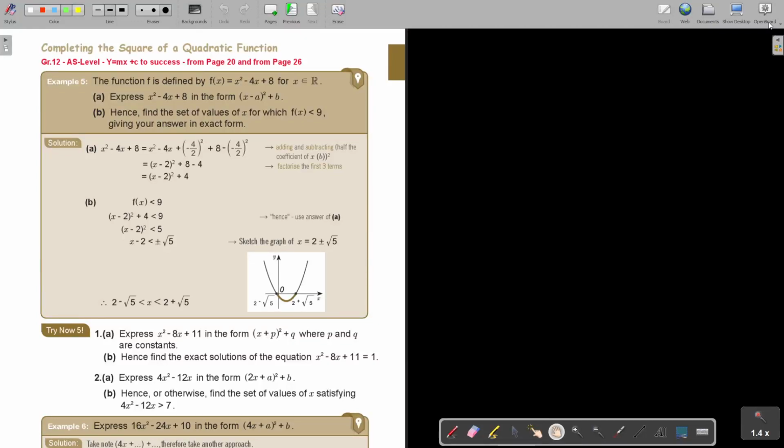AS-Level. Equations, expressions, identities, and inequalities. Exam preparation questions, part 5. In this one, we will look at completing the square of a quadratic function. You will find this from page 26 in the grade 12 AS-Level Mathematics textbook, y equals mx plus c to